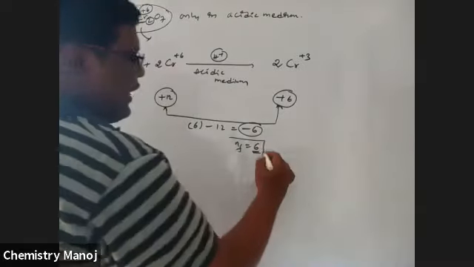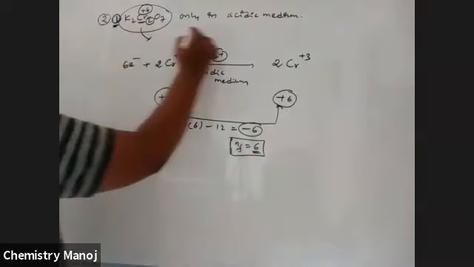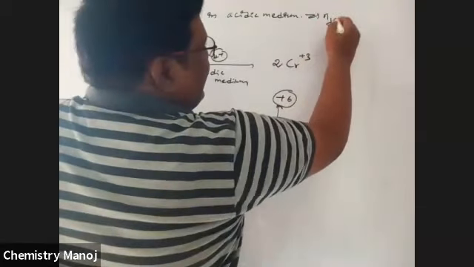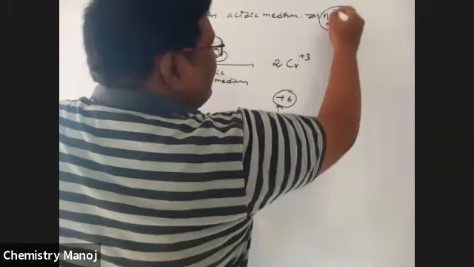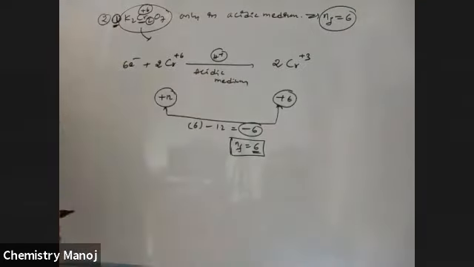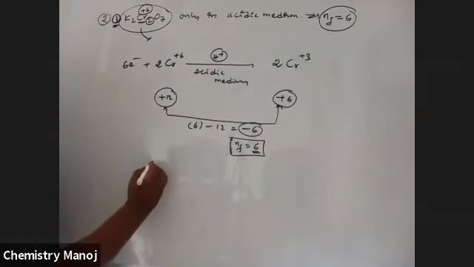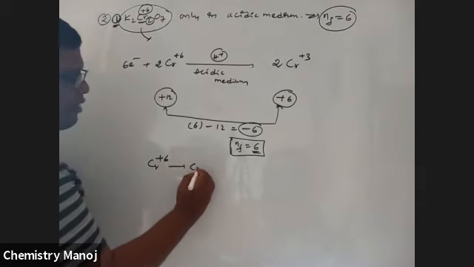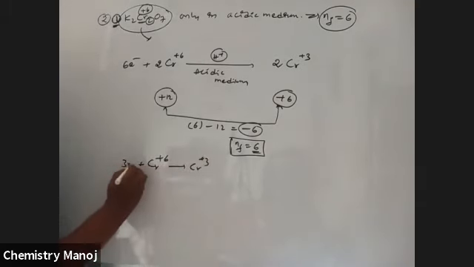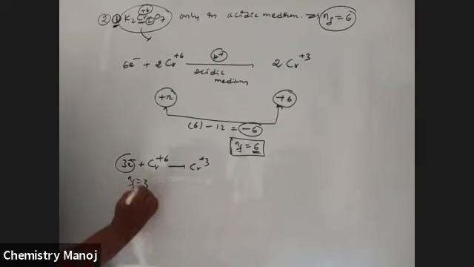Therefore, for K2Cr2O7 in acidic medium, n factor is equal to 6. Not, my dear boys, most of the students say Cr +6 gives Cr +3, therefore 3 electrons are gained, therefore n factor is equal to 3.